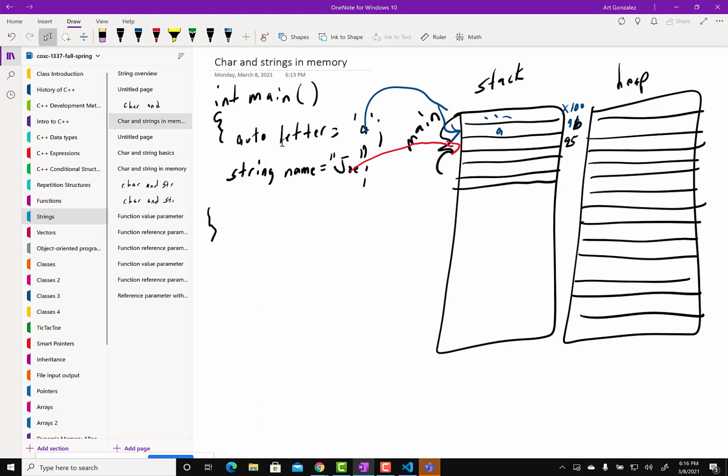They wrote some code to create memory dynamically, and that memory, if it's created dynamically, is stored on the heap. The rule in C++ is if you create memory dynamically, you are responsible for removing it when it's no longer needed. Luckily, the string developers have taken care of that for us. So even though behind the scenes Joe is on the heap,